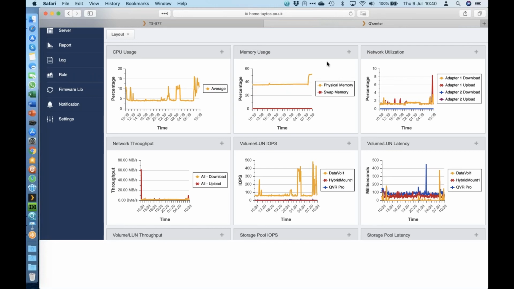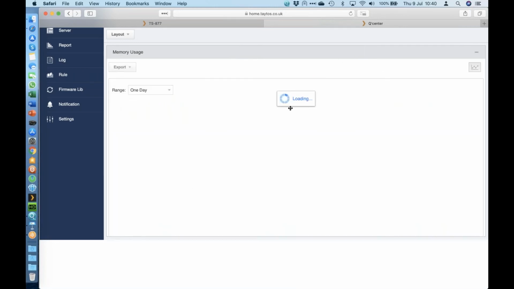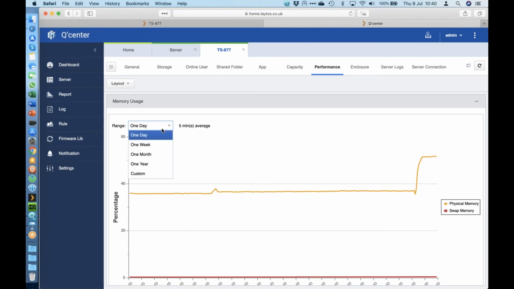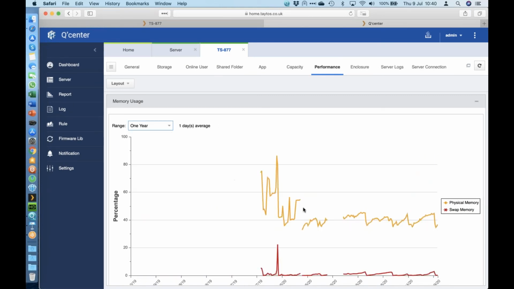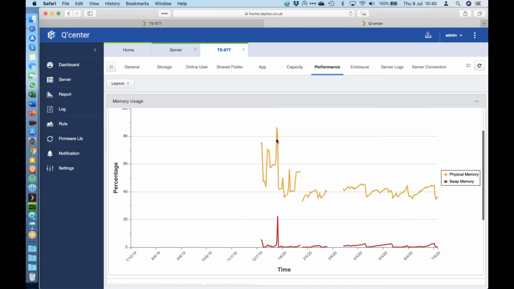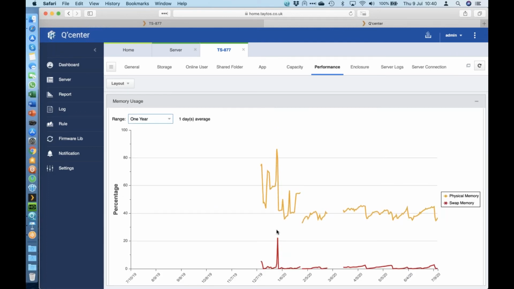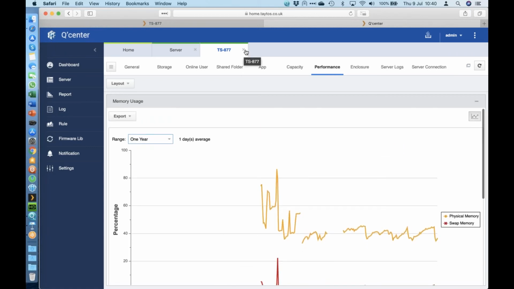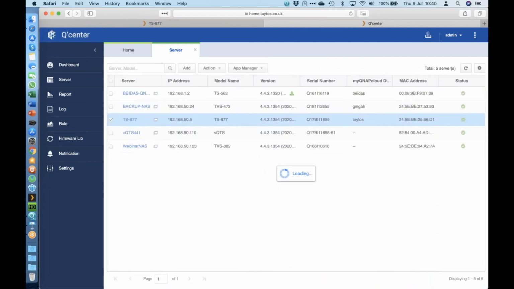So if you wanted to click within this memory usage to get more information, so if I look at the top here, this is just a range of 1 day. Perhaps I want to go back to over the last year. So I can see over the last year that my memory usage got quite high back there at the start of the year. Oh, right on New Year's Eve, it would seem. So on New Year's Eve, I was obviously doing something where it used a lot of different memory. So you can go through and see a lot of information that you want to about different QNAP options, different